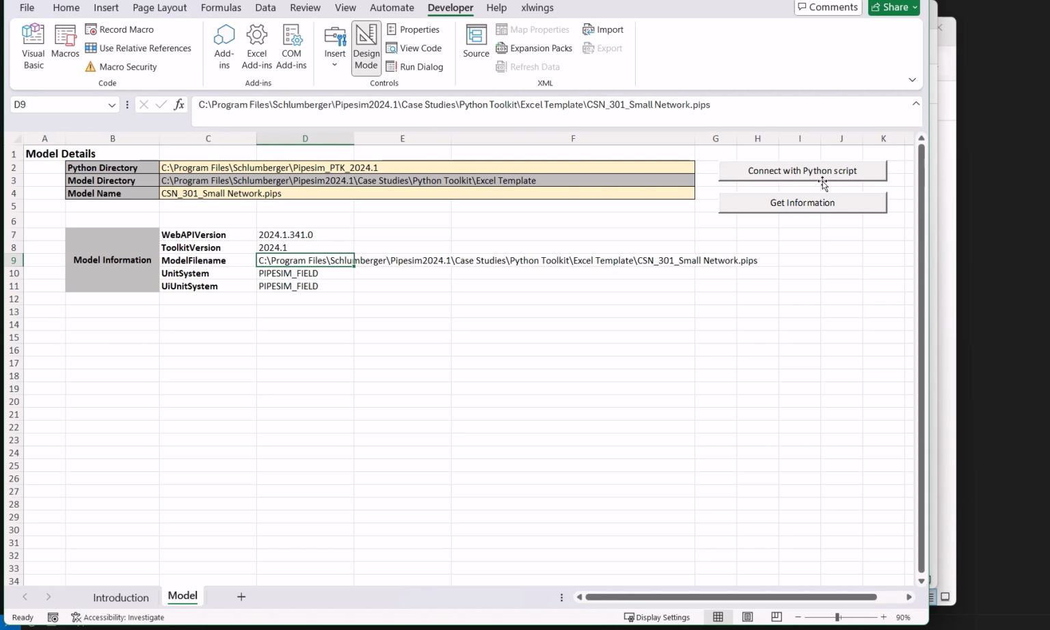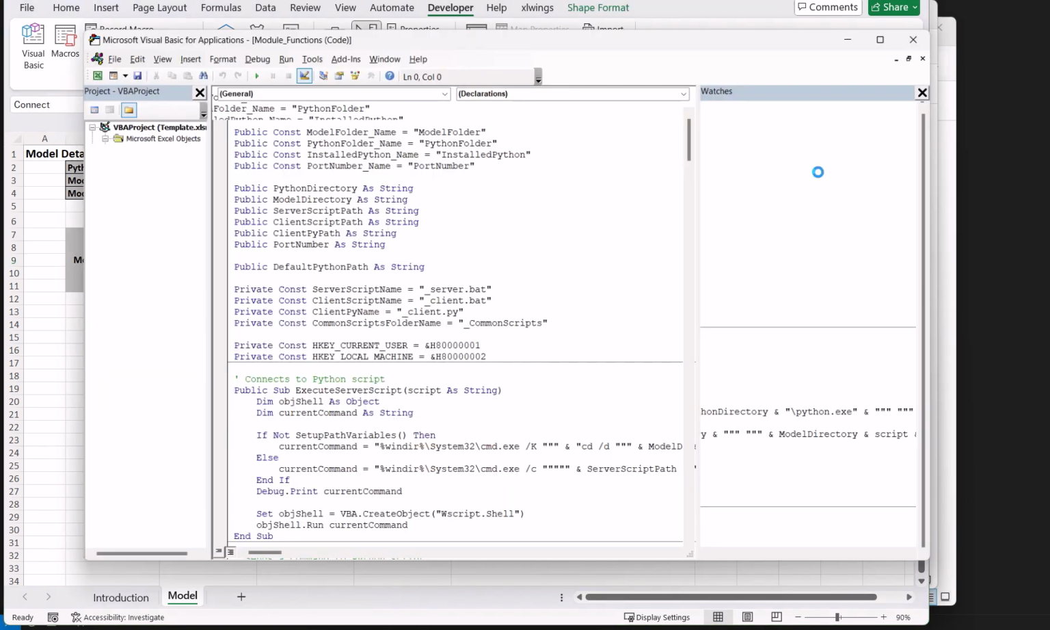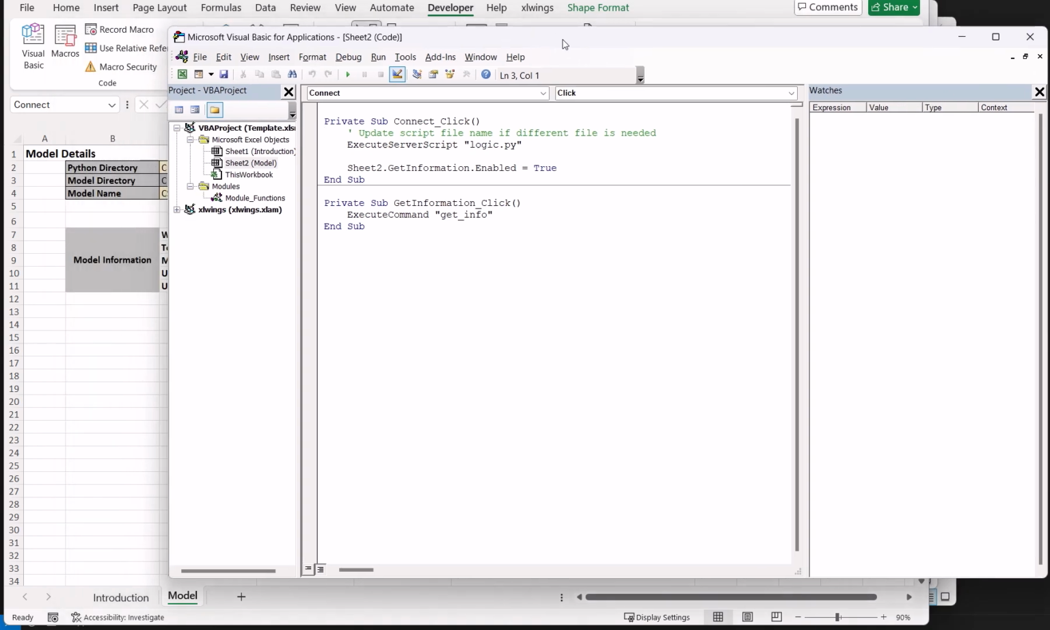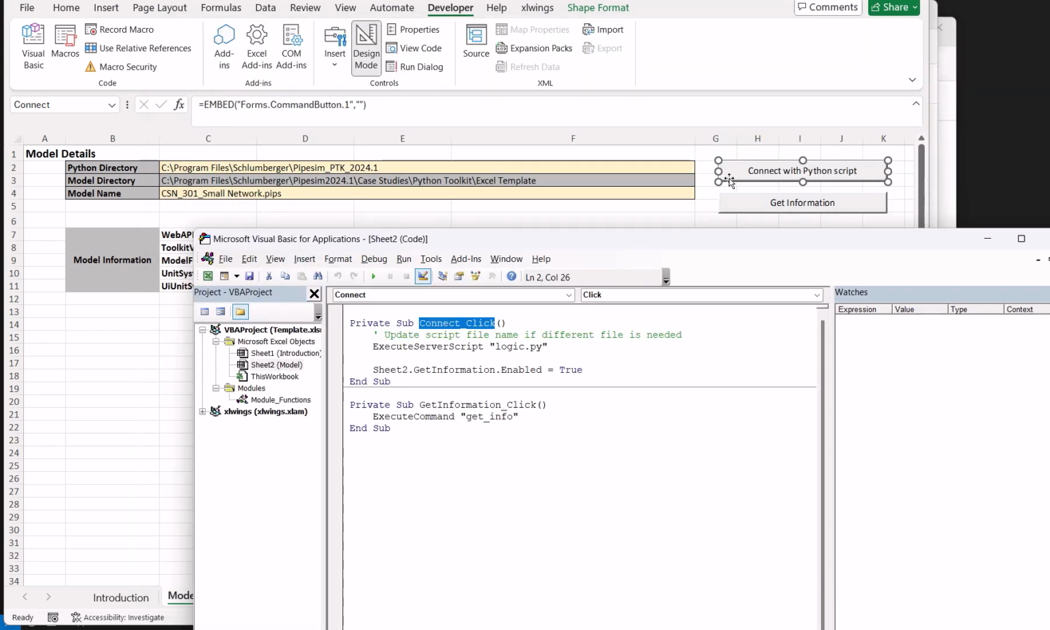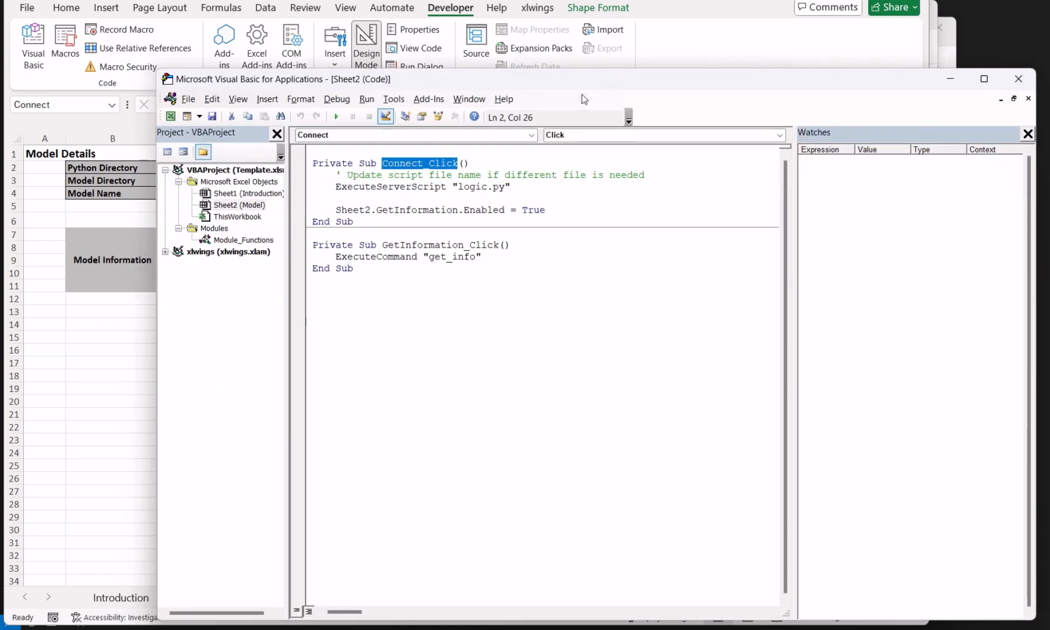So let's start with Connect with Python script. If I double click, VBA code will be opened. In this VBA code, we have two methods: Connect click and Get Information click. Connect with Python script runs this Connect click, and inside the Connect click, we first of all run the